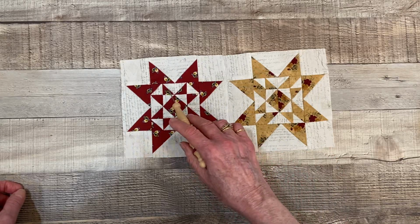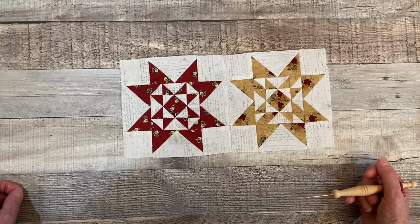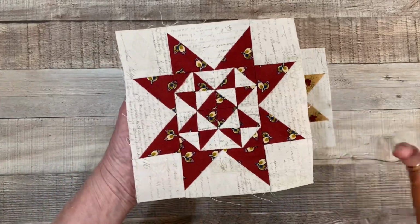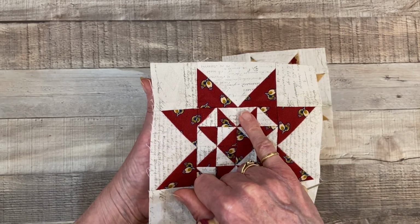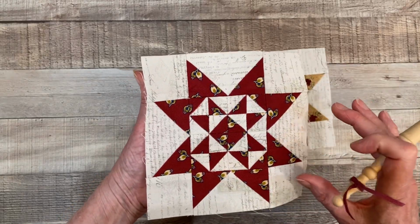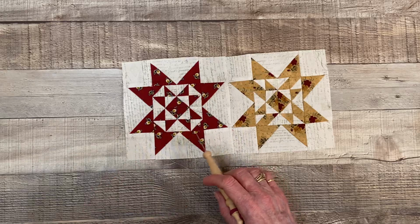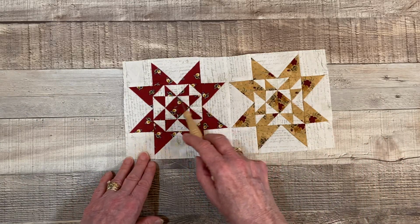And I have to say that these centers here of the star are pretty much the thing that nightmares are made of. There's 16 little square blocks that you make, 16 for the center for each star. And these are 3/4 inch finished little half square triangles, 3/4 of an inch. So my finger covers up the block just about. You can see in relation to my pinky how tiny these are. And if you like to get things precise and measure the way they're supposed to and fit the way they're supposed to, this is a little bit of a nightmare. But just because I don't starch my fabric, and this is unstarched, there's so much pliability to the fabric. And when you have to make this measurement fit,